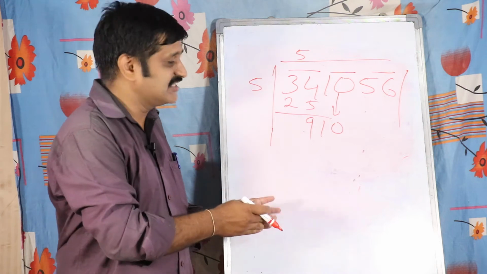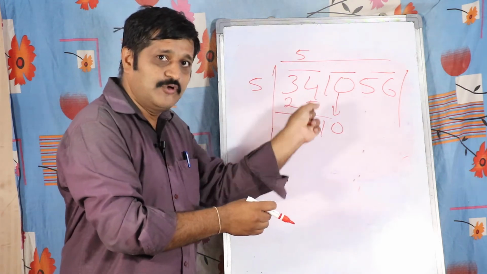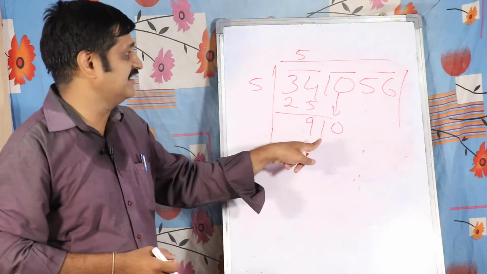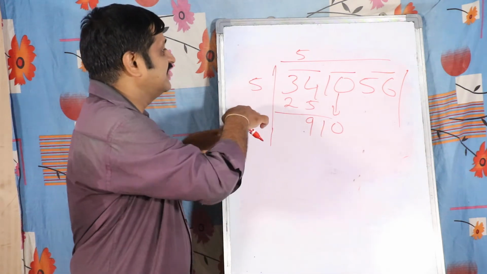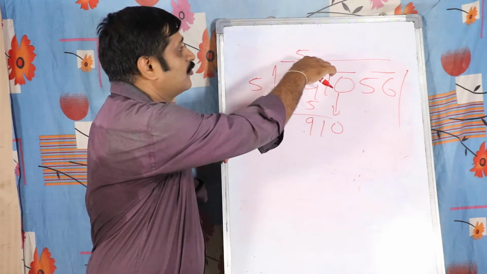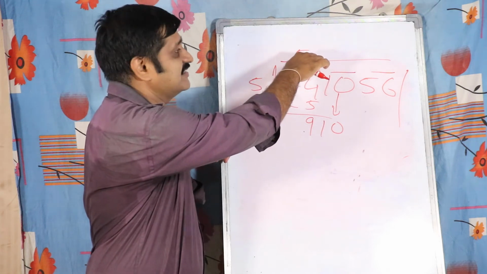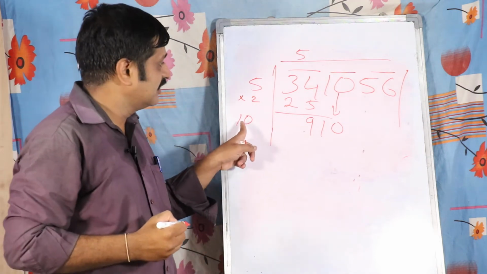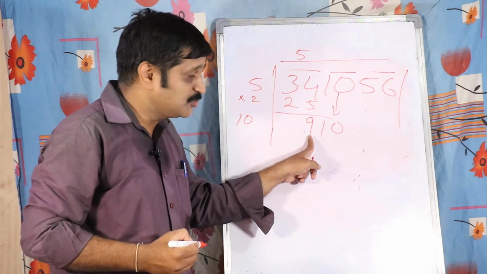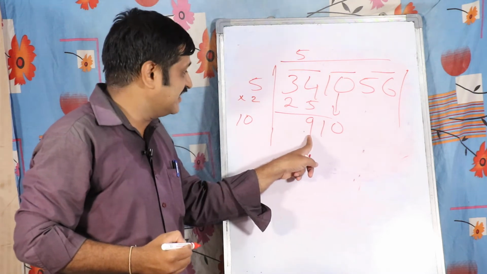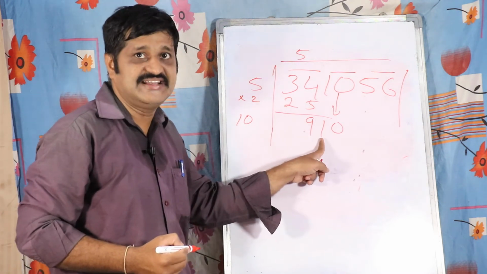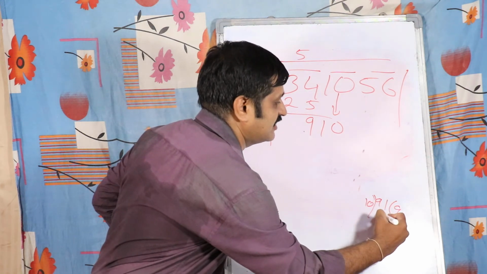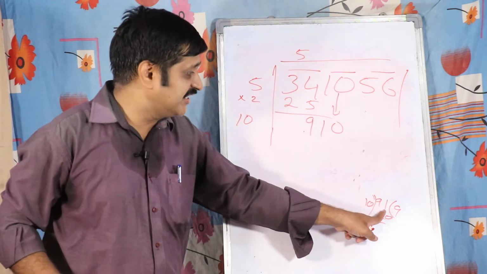As in normal division we drop 1 digit in each step in the dividend part, here you have to drop 2 digits, it is 910. And in this case, for the divisor part, you have to double the quotient from the previous step, that is 5. So 5 into 2, it is 10. Okay. Now with the 10, is it possible to divide the first digit 9? No, because 9 is less than 10. Now we have to take 2 digits, 91. The 91 you have to divide with 10. 10 9s are 90. It need not be divisible exactly.